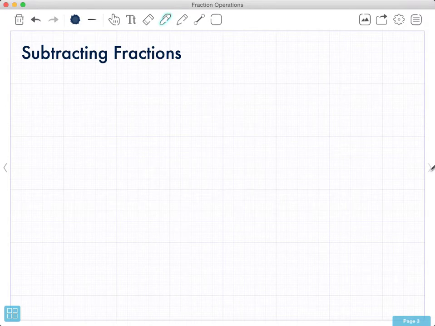Subtracting fractions is really the same as adding fractions together. As long as your denominators are the same, you can go ahead and subtract your fractions. 4/7 minus 1/7 leaves you with 3/7. Again, it's when your denominators are different that you have a bit of a problem. If we look at 5/6 minus 2/5,